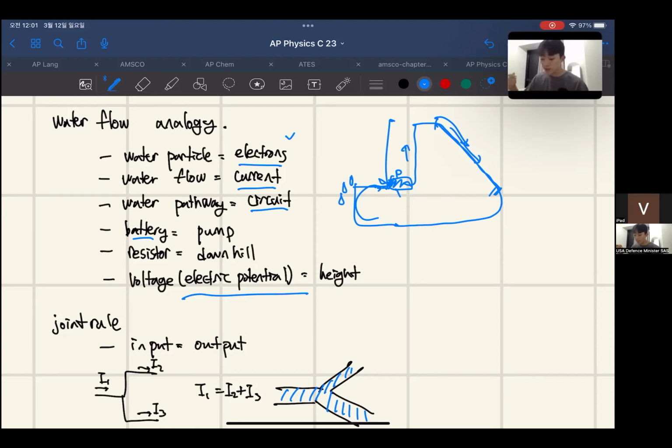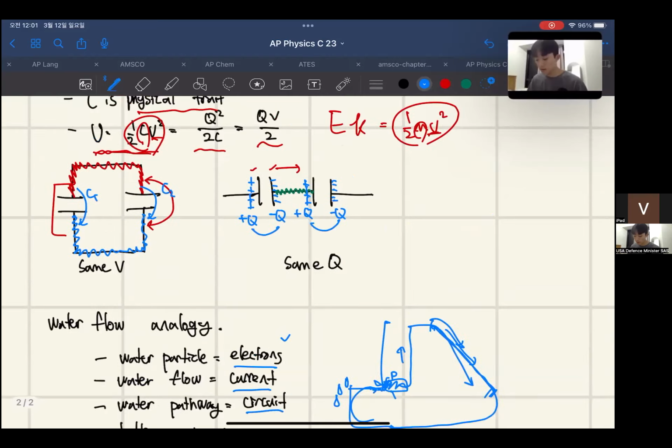So you can see how the battery increases the height of the water using energy, which is equal to increasing the voltage or electric potential of electrons or current using energy, whereas resistors pull down the water, decreasing the height, which is equal to the resistors in the electric circuit pulling the electrons down and decreasing their voltage or electric potential. So this analogy helps understanding most of the circuit concepts. For example, if we go up here,